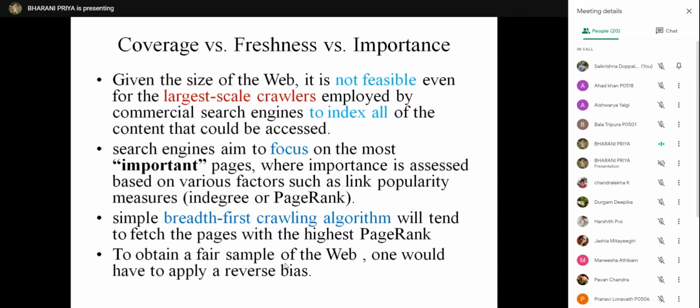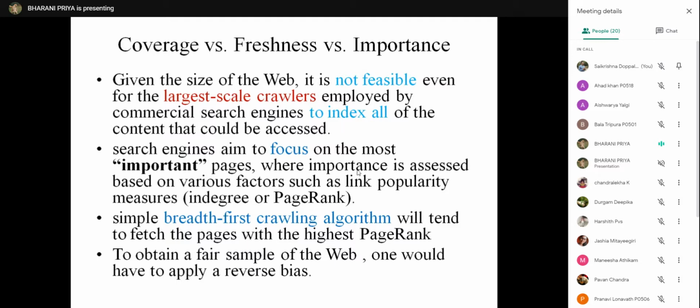Coverage, freshness, importance. Earlier we said that it is not feasible, even for large scale crawlers, to index all the pages that are there on the web. So search engines aim to focus on important pages.